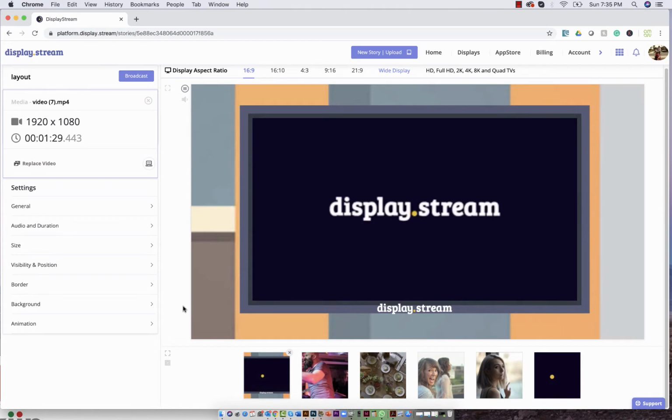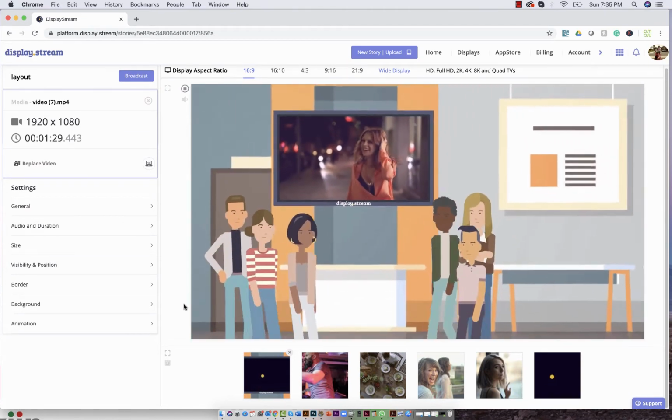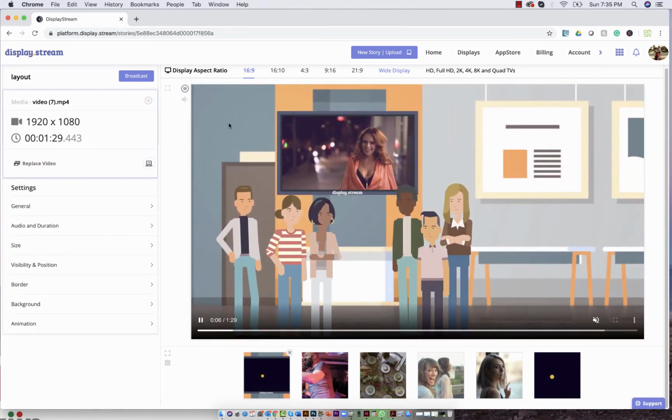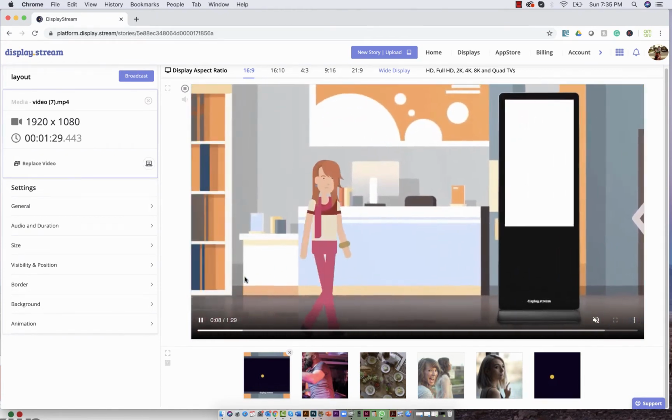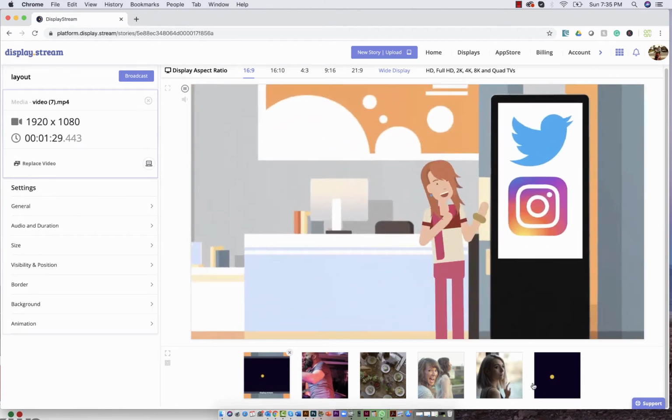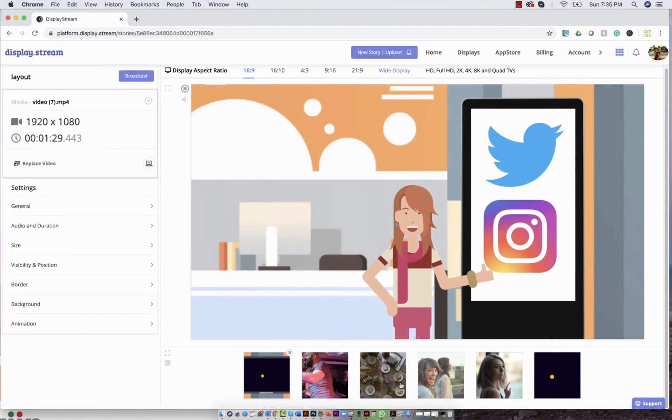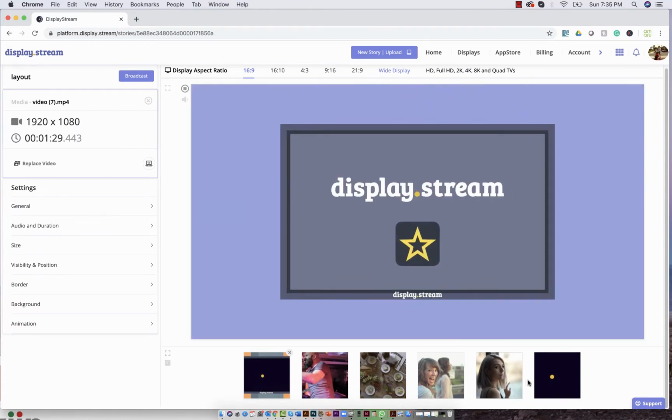Okay, today we're just going to do a quick look at the different sections of the story page. So this is your preview. This is previewing the story that you've created. Down here are thumbnails. These are the media that's in your story, all the individual medias that are in your